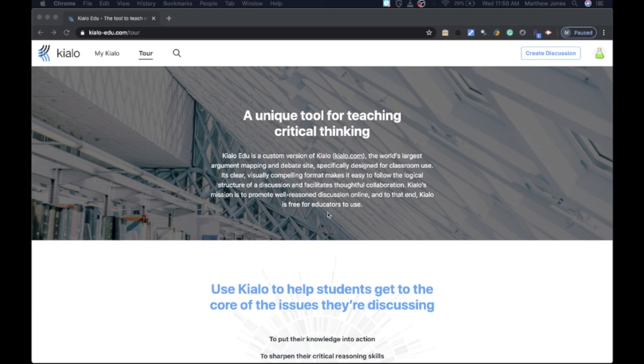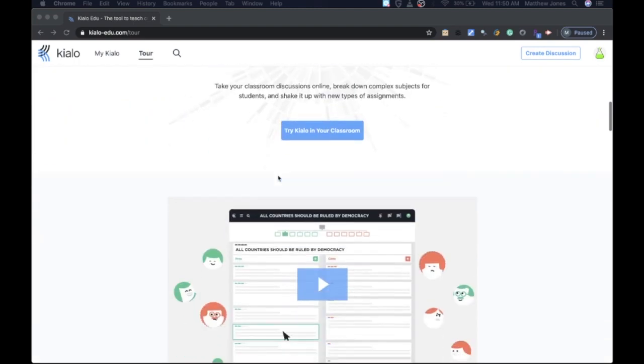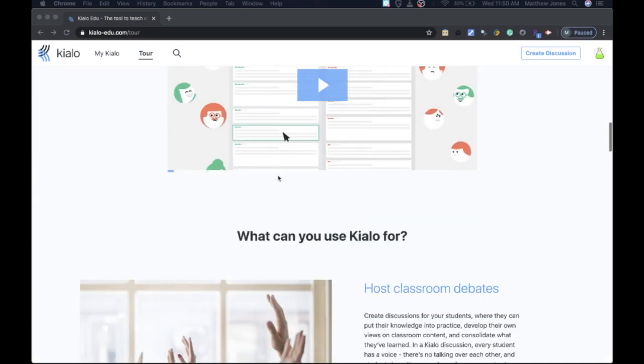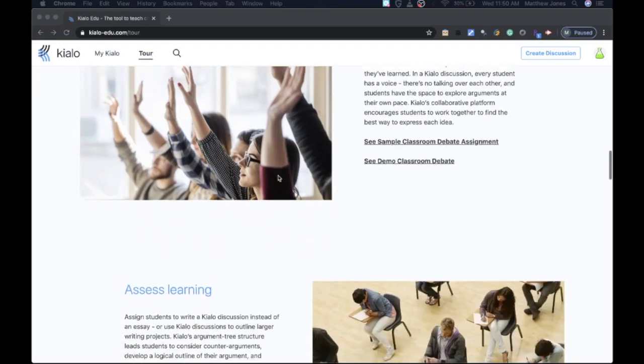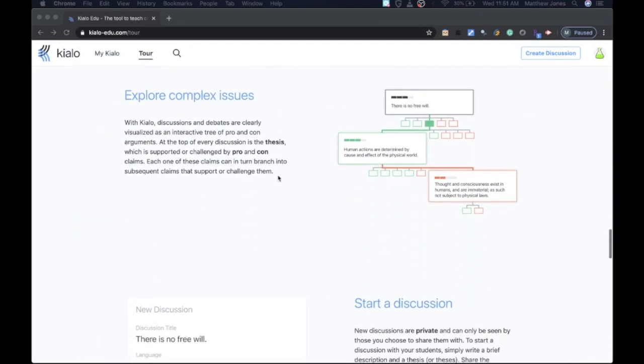So, as I was looking through some of the best resources for this, I came across this website. Again, it's called Kialo. I'll put a link in the description so that you can get to it. But basically, when you click on the page, it'll open up like this. It gives you a brief tour. There's a video there, and there's sort of just a breakdown of everything